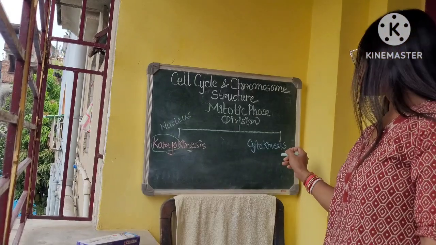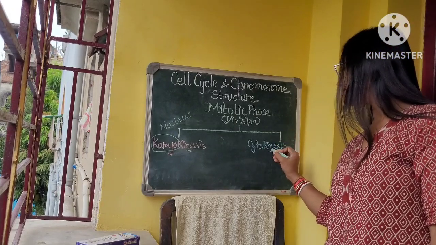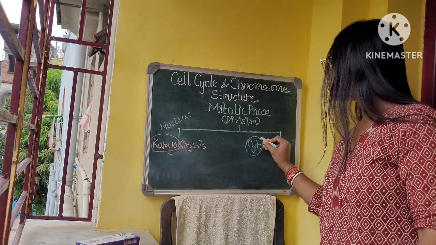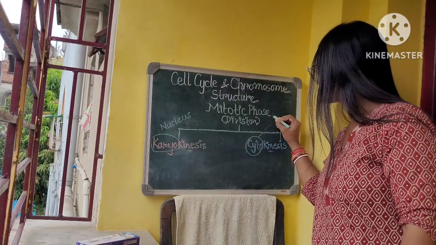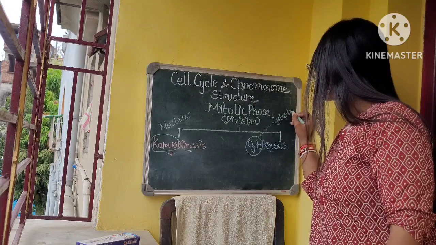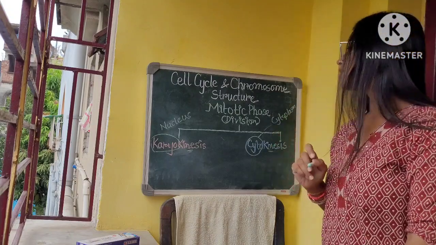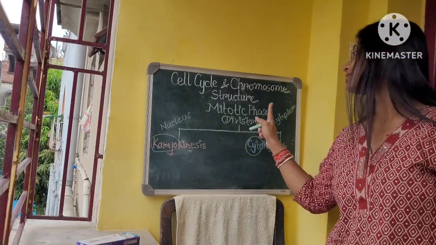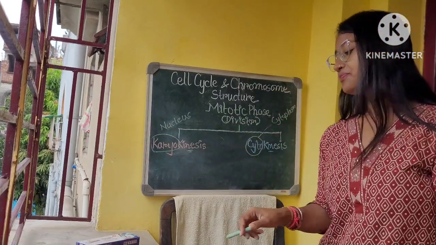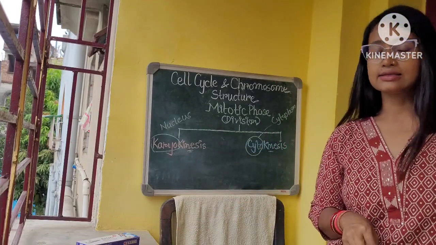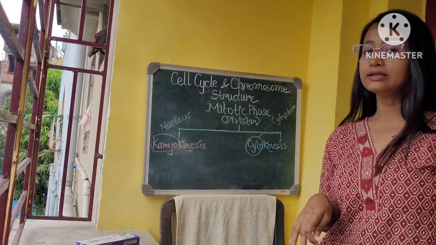Okay, and on the other hand, kinesis, as we discussed earlier, means the division, and cyto signifies the cytoplasm. So in this process, at first the nucleus would divide and then the cytoplasm divides. Okay, so the nucleus division, or the karyokinesis, can then be divided into